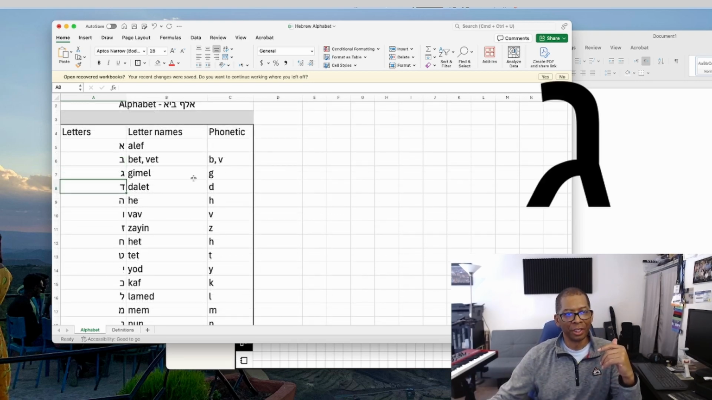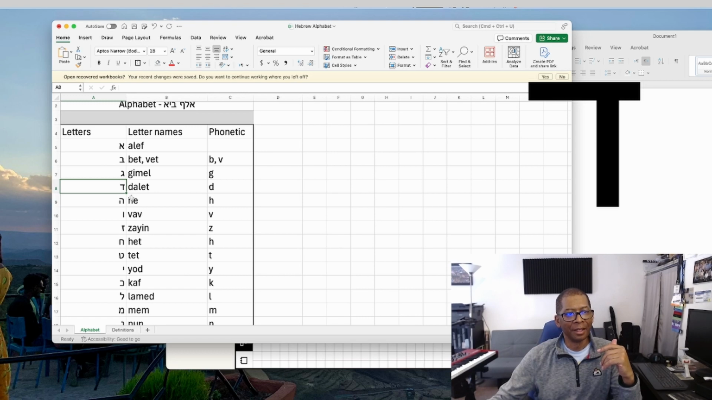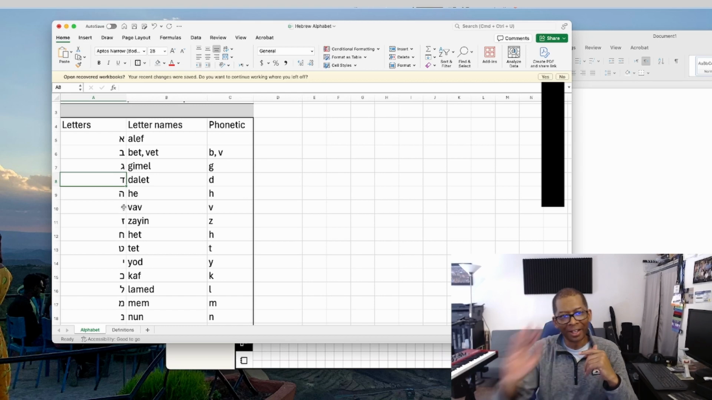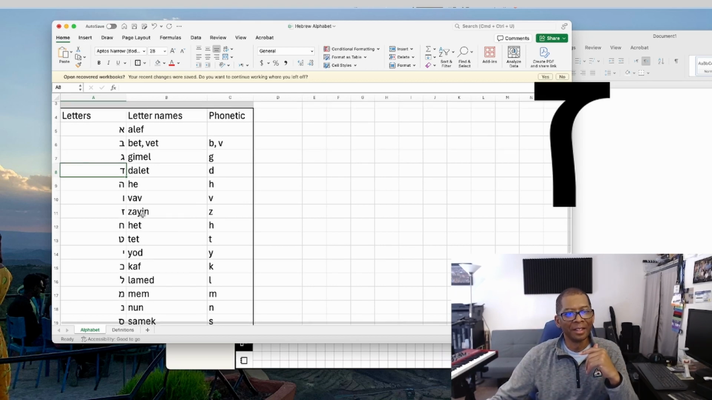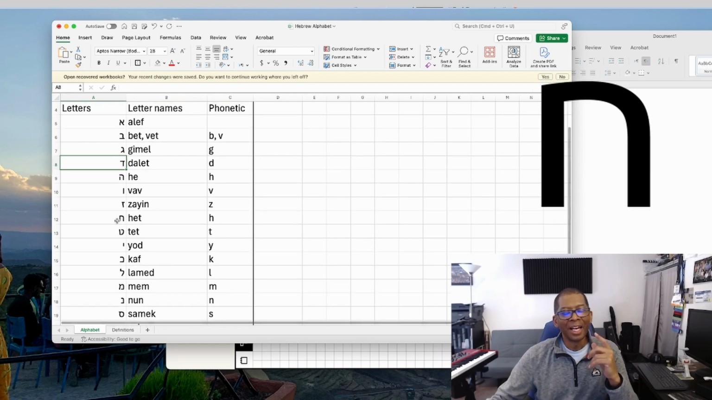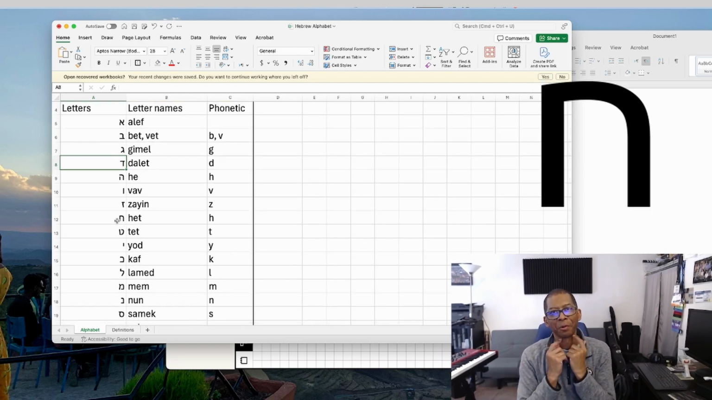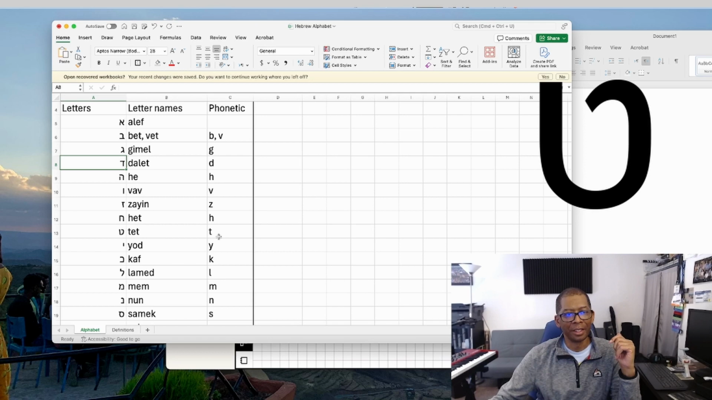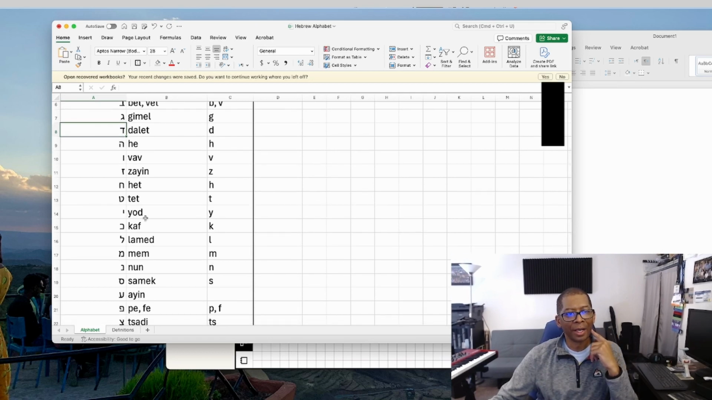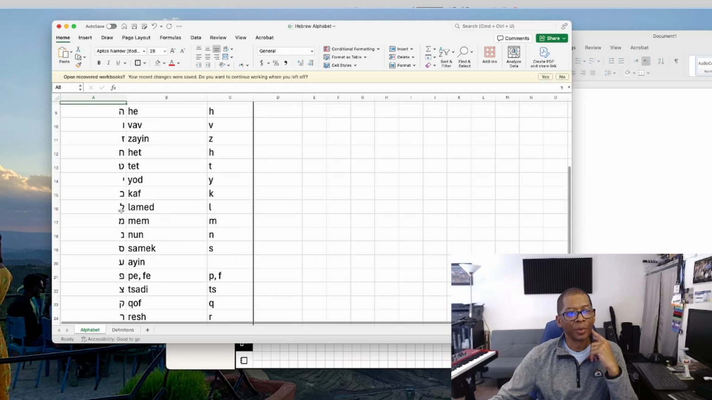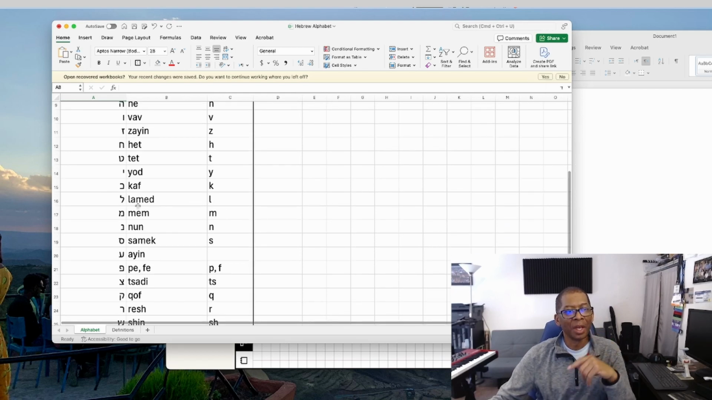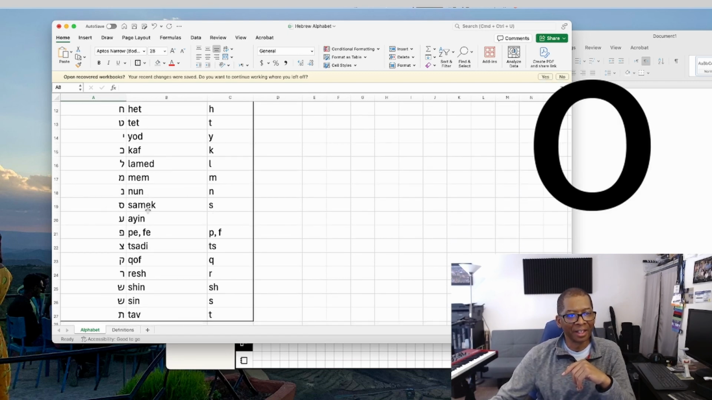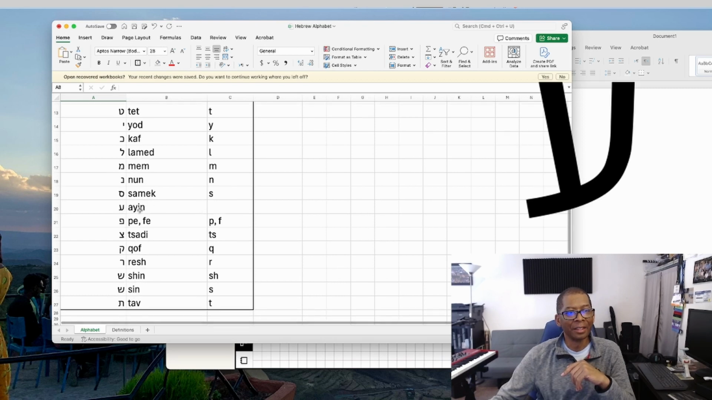Gimel, G, Dalet, D, He, H, Vav, looks like an I, V, Zain, Z, Chet, and that Chet, you're gonna scratch the back of your throat as you say it. So Chet, which is H, Tet, T, Yud, Y, Kaf, K, Lamed, L, Mim, M, Nun, N, Samech, S, Ain,